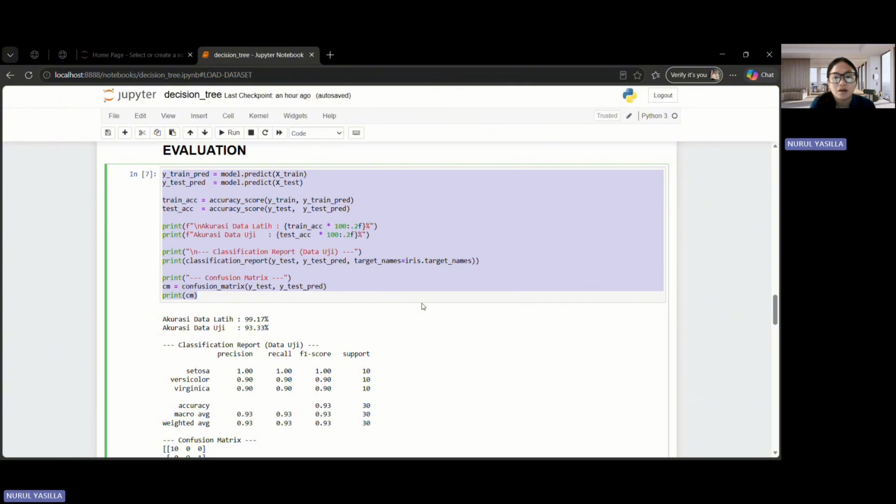Confusion matrix is a table that shows in detail how many samples were correctly and incorrectly predicted for every combination of actual class and predicted class, making it easy to see which classes are most frequently confused with one another.